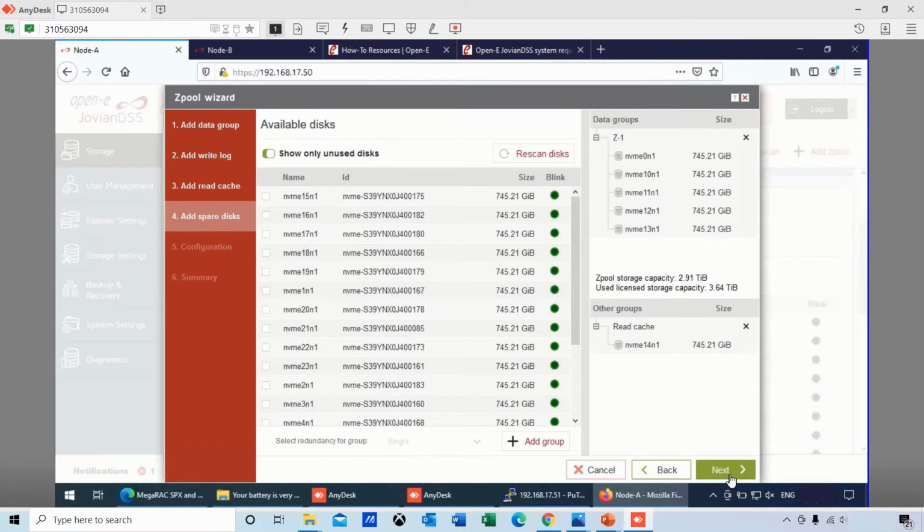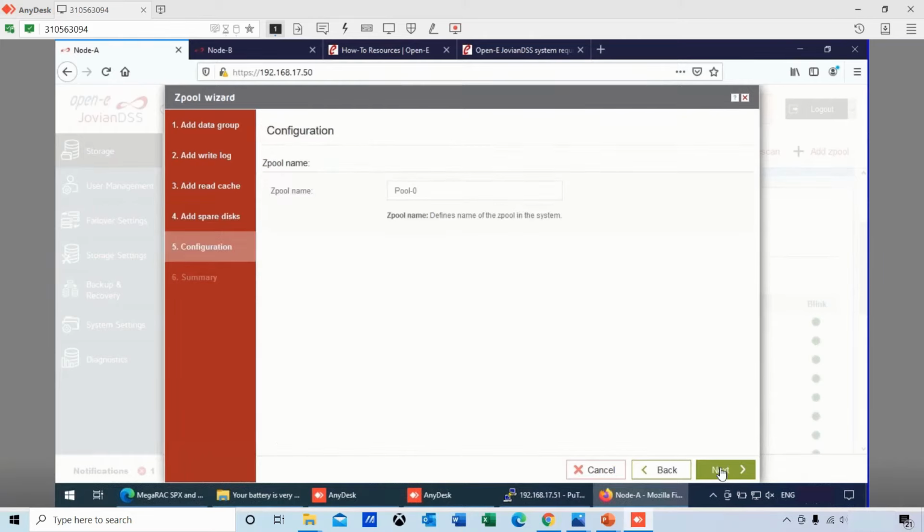Go to next. And then, of course, any spare disk I want to add, I'll just add 1. Add that to the group. And if you notice, it's listing everything on the right as other groups, totaling up the capacity as well. And of course, your data groups. And I can expand those data groups later on. So for example, Rick may be in a position where he may want to grow Neurothink's capacity for their customers. He could do that without impeding any downtime.